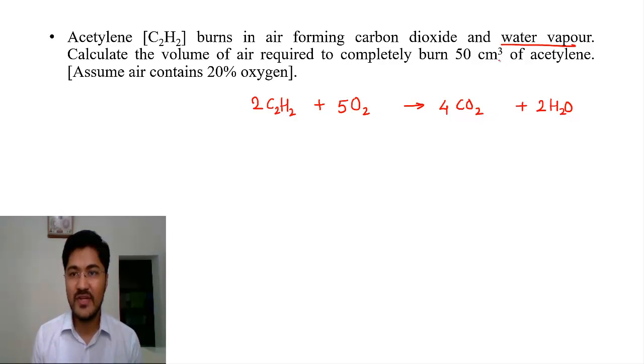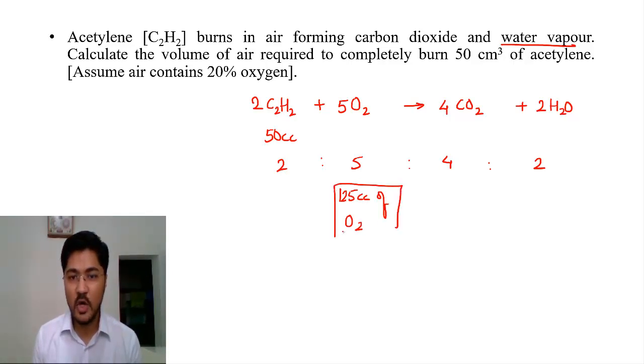Here we are given 50 cc of acetylene, and according to Gay-Lussac's law, this will be 2:5:4:2. So one part would be 25, and 25 into 5 would be 125 cc of O2 will be consumed or